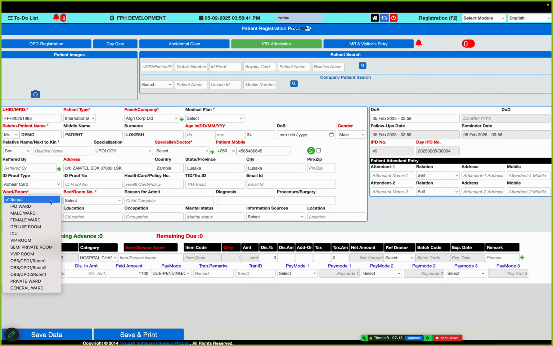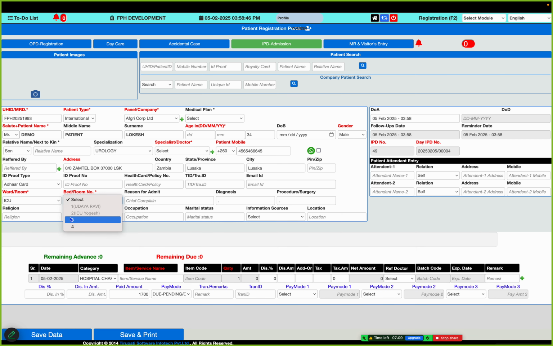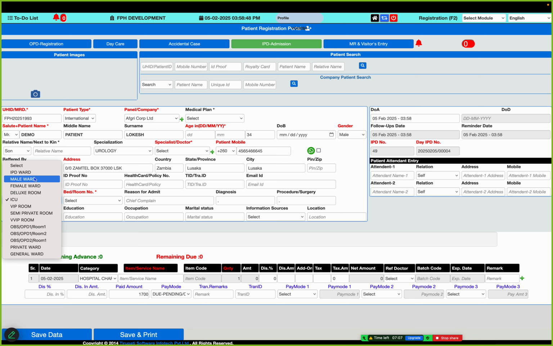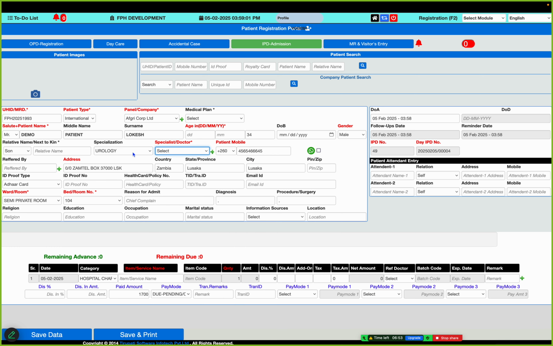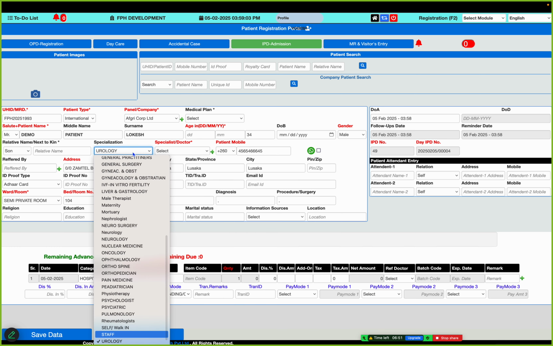And I select the IPD ward or bed number where we are admitting the patient. For example, if I select semi private ward, and here the respective bed number we can assign, and here, yes, sorry, if I select a doctor's consultation, sorry, urology. Okay, if I select urology,